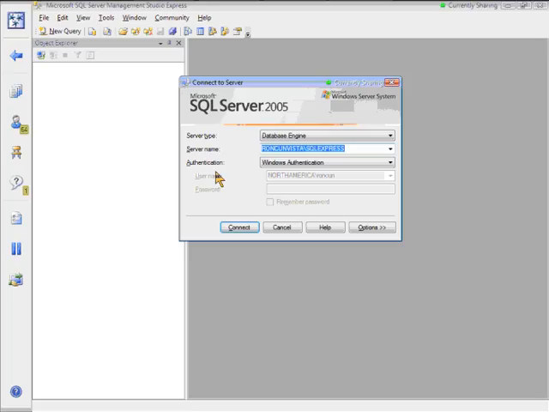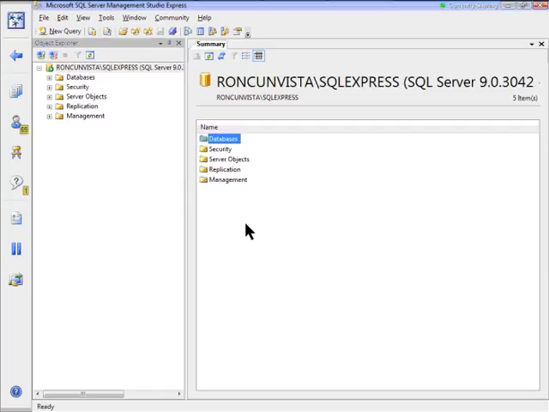So that's where this comes in, where it's specifying what server name, and this is the name of my machine, and then also what instance name. I can have multiple instances installed on the same machine, which really act like completely separate databases for all intents and purposes. So that's where that server name is coming from. It's my machine name plus the instance name of the database I want to connect to. And then, of course, I installed SQL Express for Windows authentication, so I'm just going to select that as the default. And then here you can see on the left we have the Object Explorer,